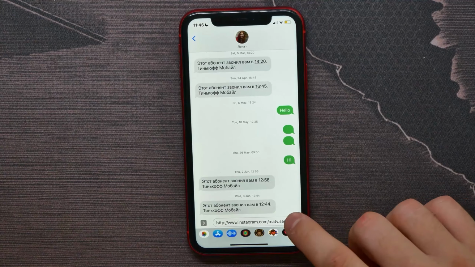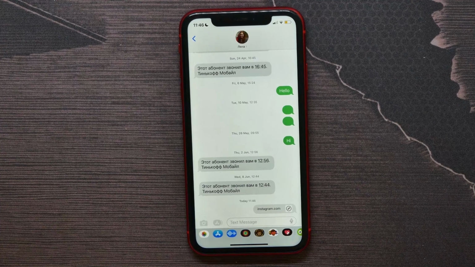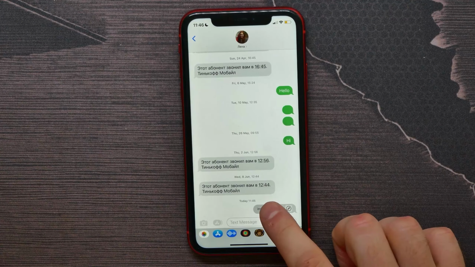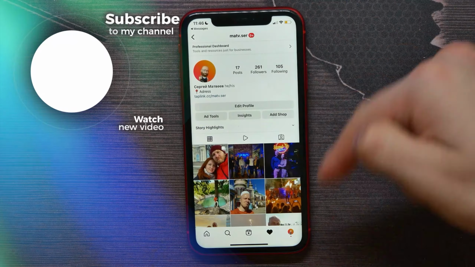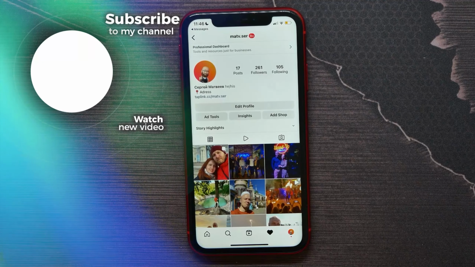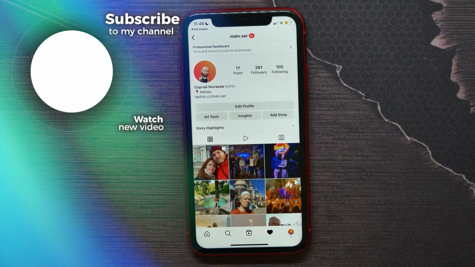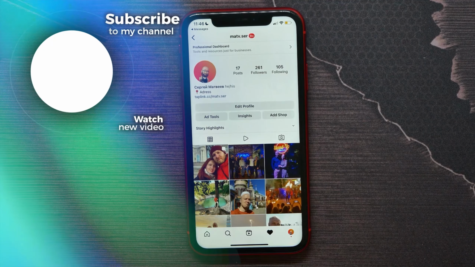And now I can hit on send, and if now I click on that link, I will open my Instagram profile right there. And that's all about how to find your Instagram URL,